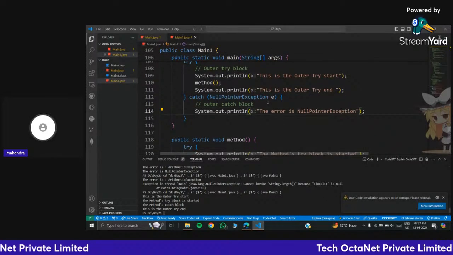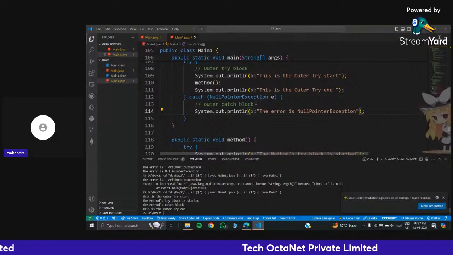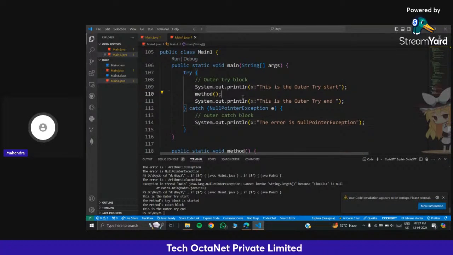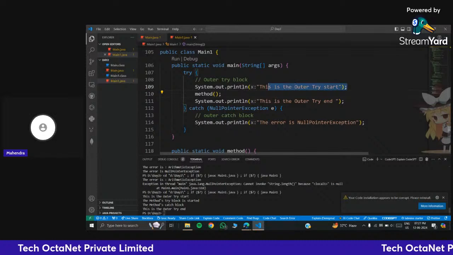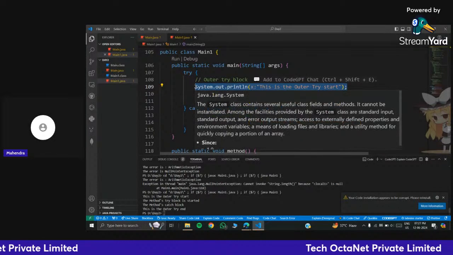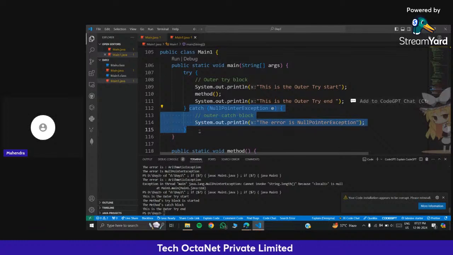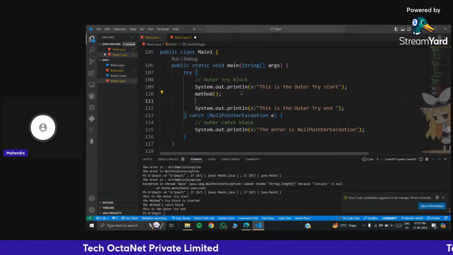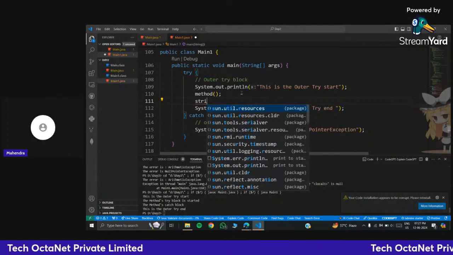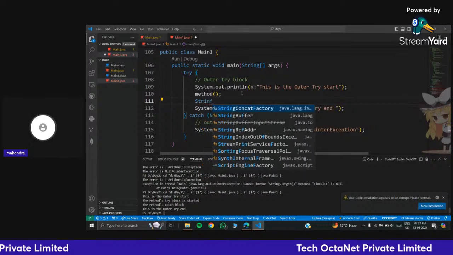But why is it not giving that? Because after this, there is no condition or block of code which is giving an error, so we are not going to this. And if there will be, let's see, we have taken a